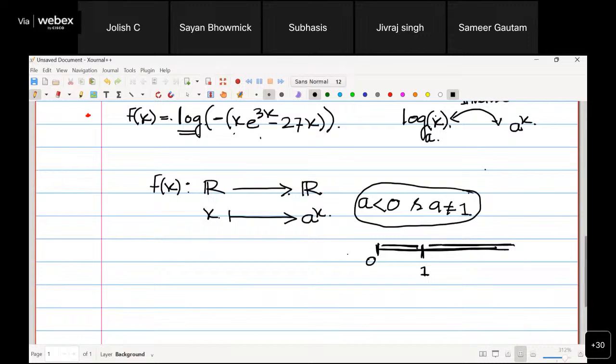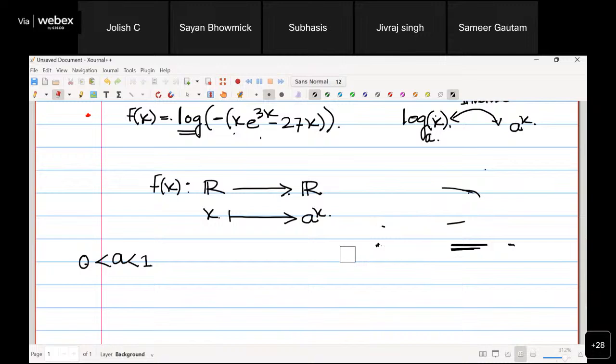So if a is less than 1, right? Suppose a is less than 1. If I increase the value of x, then what will be the value of a power x? For example, what is,